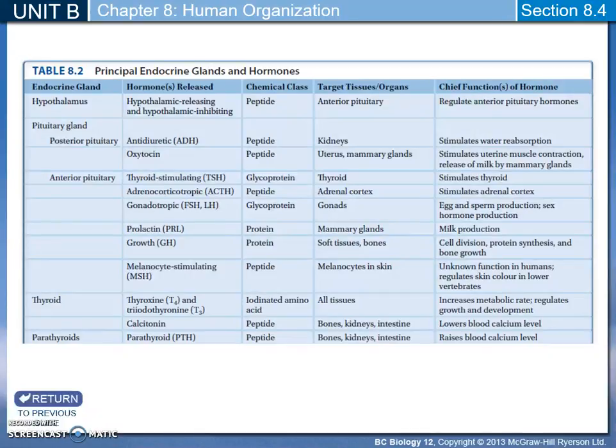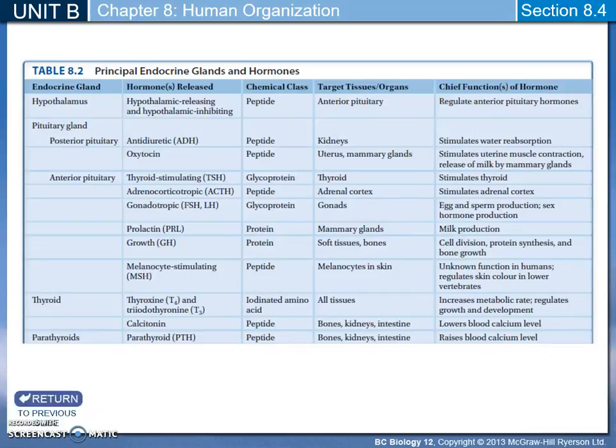Now, unfortunately, you do need to know these, and this is probably going to be the most time-consuming part of the entire chapter, learning these. There's really no shortcut to it, and so you will need to spend the time to know